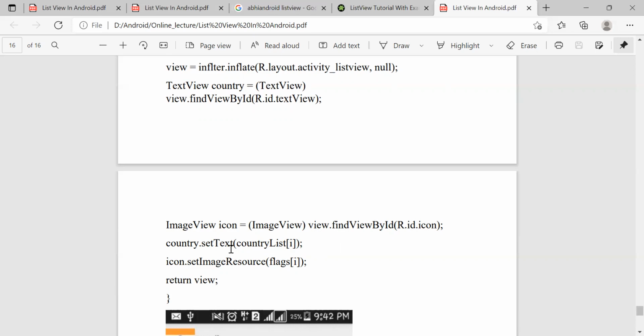Then country.setText. For the country, we assign the text using setText, and here we pass the array of the country list. Then for the images, to set the images, we pass the image array to it, and we return the view.